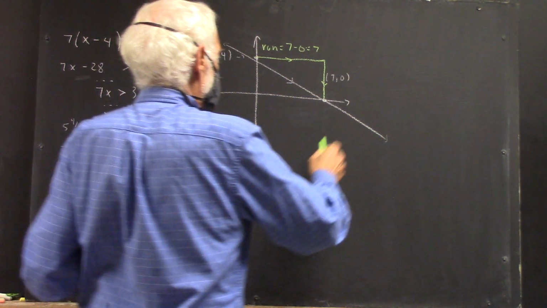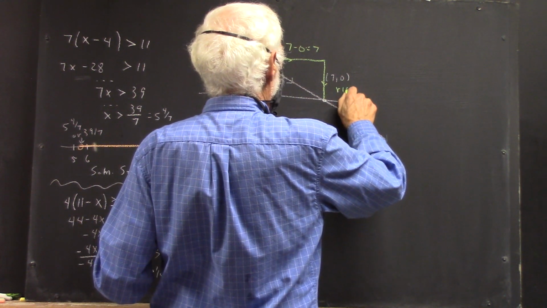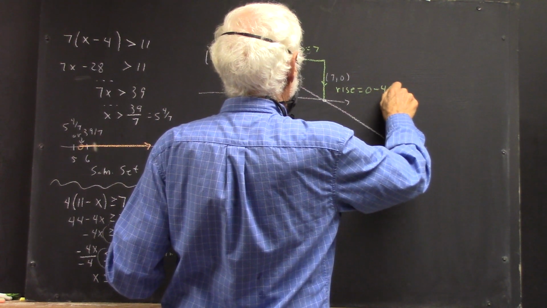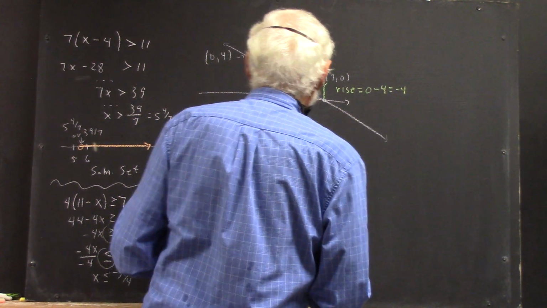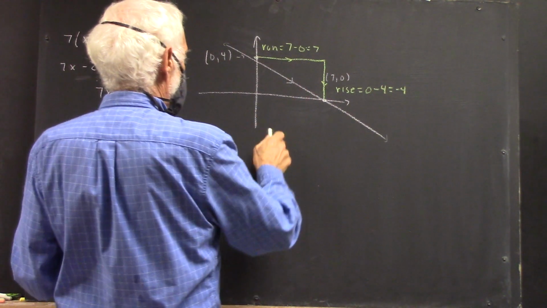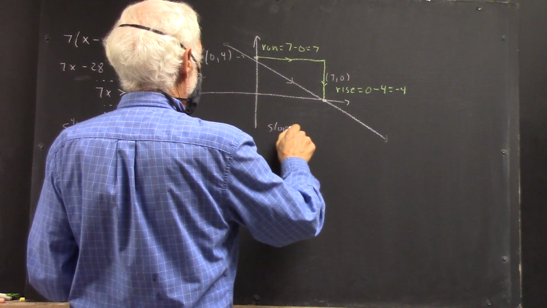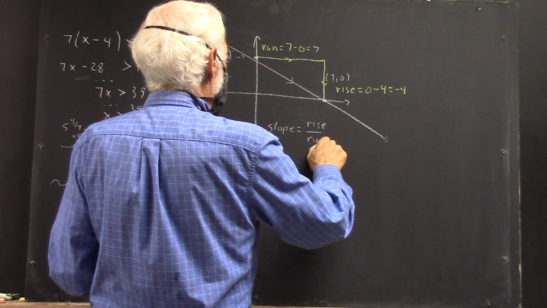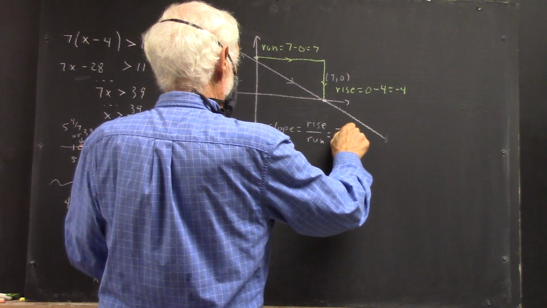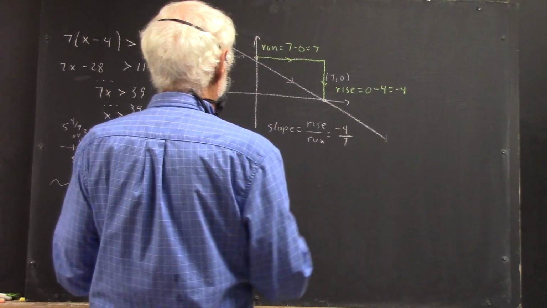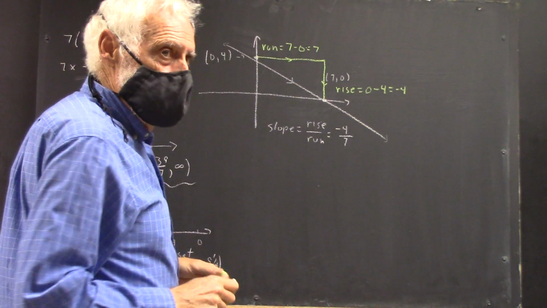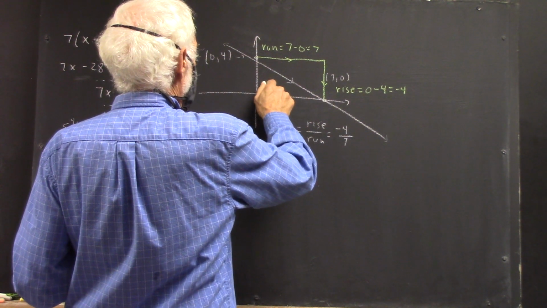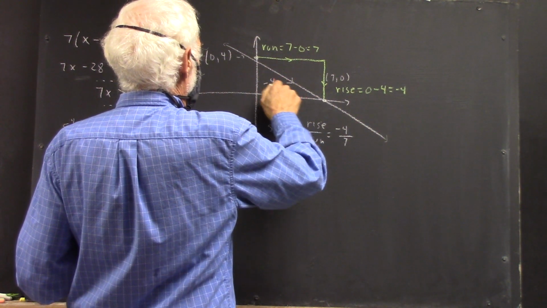So the rise is 0 minus 4 equals negative 4. So the slope is rise divided by run is negative 4 over 7. And I make a convention that we put that slope in a box right here,